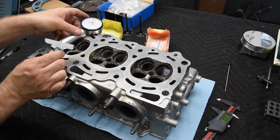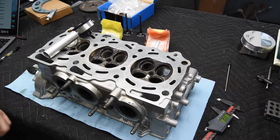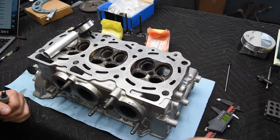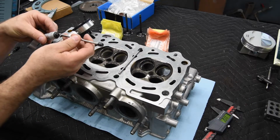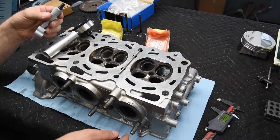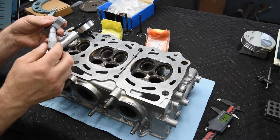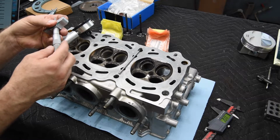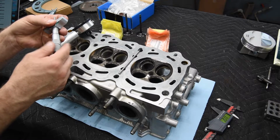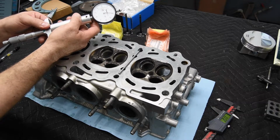squares up real nicely on the end of the depth micrometer. So first thing I'm going to do is set this, and looking at my notes in the past, I want to say these are around about a 1.220, 1.225. So I need to put in the different depth micrometer rod. We'll stick that in there, and I'm going to dial in the 1.225. There we go. 1.225. There we go. So I have that set,